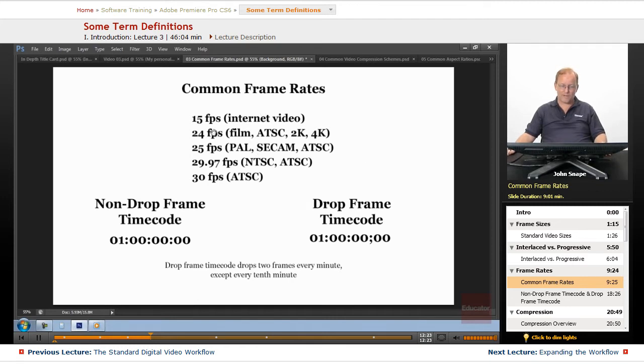Now the 25 frames per second, that's the PAL and the SECAM. And the SECAM has mostly been folded into the PAL around the world. The PAL is used for European and Middle Eastern countries and various places around the world. And it's an alternative to the NTSC. They wanted one that